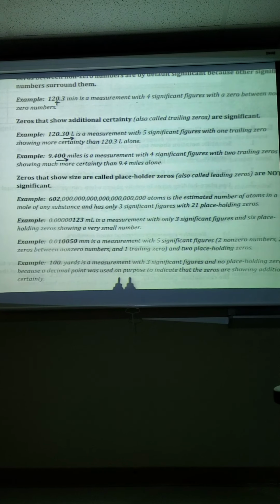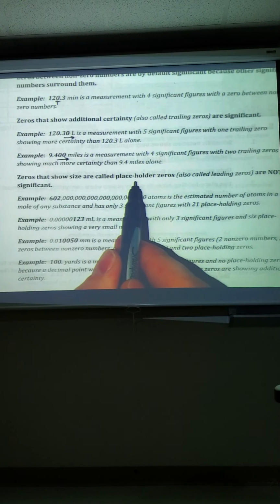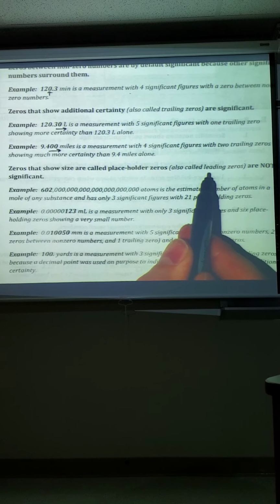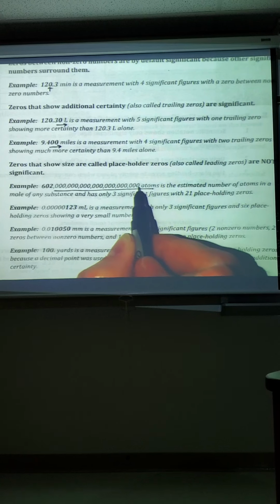The ones we want to watch out for are the ones that show size. These are called leading zeros, and they're leading you to the decimal point. They're not important. Those would be the ones we would remove if we were to go to scientific notation. So in Avogadro's number here, notice all these zeros just lead you to the imaginary decimal that's not even shown. In this situation here with a very small number, we're going all the way back. Here we're going all the way back, so it doesn't matter which side we're on, we're going to the decimal,